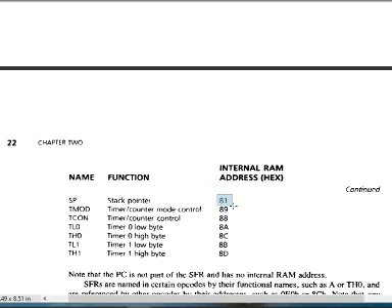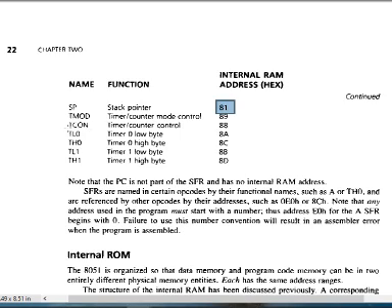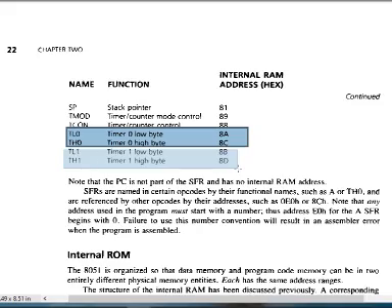And again, in each address, 8 bits are provided, which are bit addressable, as we have seen. So we can use each and every bit of a particular register. We can set or reset those registers. Here it is given, as we have already studied, TL0 and TH0 are the timer 0 lower byte and upper byte, and TL1 and TH1 are the timer 1 lower and upper byte.